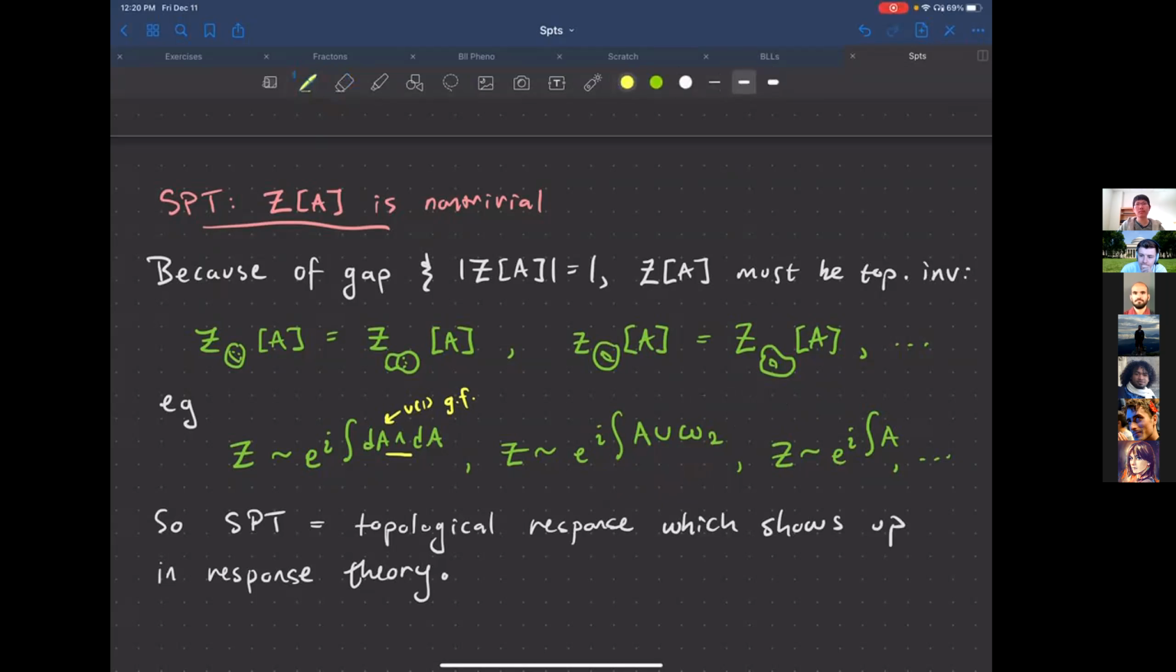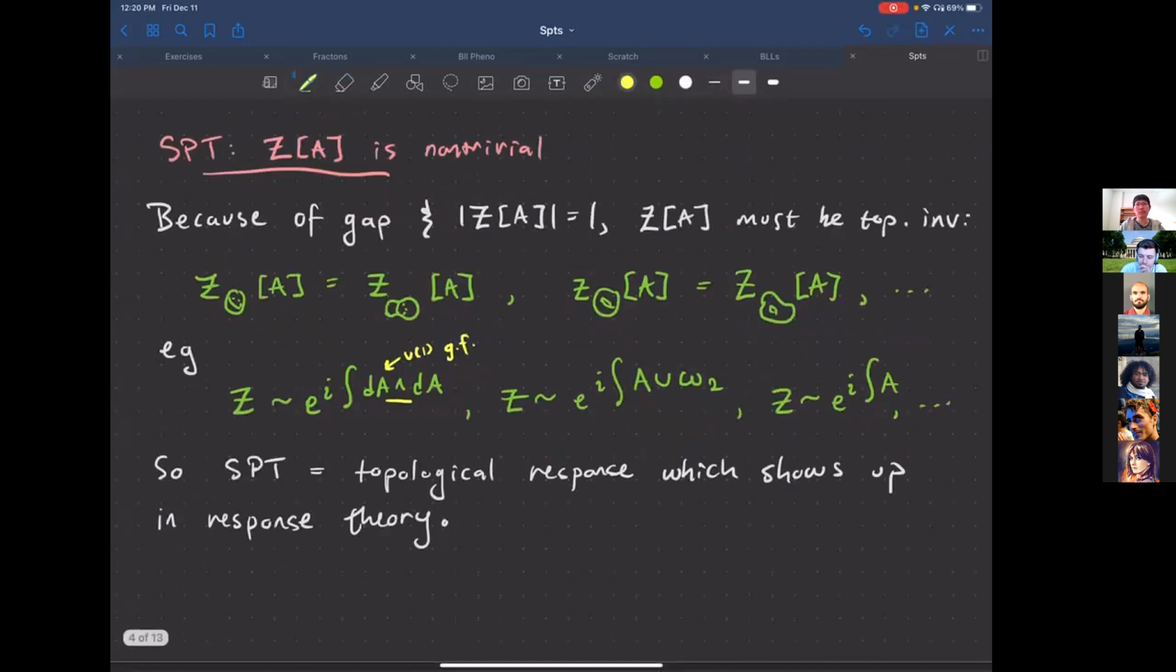what an SPT is, in the way I've described it so far, is a gapped system with no degenerate degrees of freedom, which when gauged, when coupled to these domain walls, produces phases like this for the